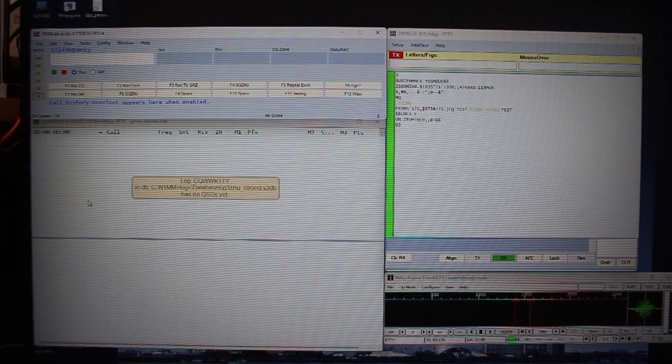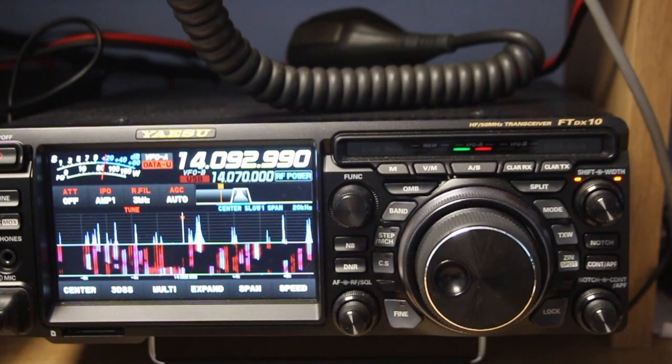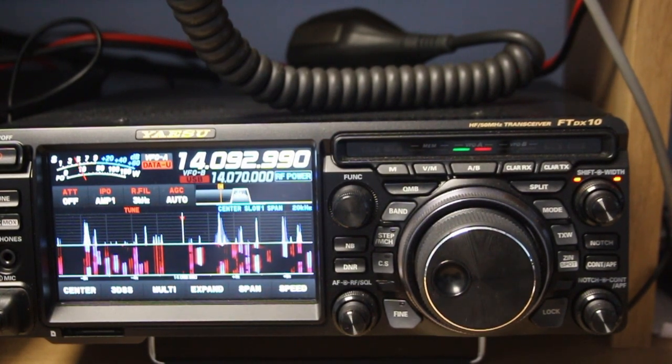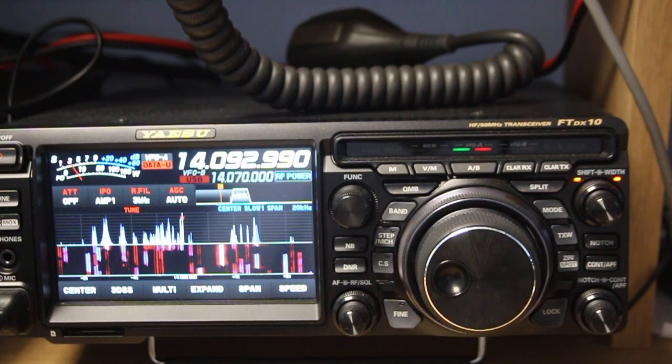Right, so I will stop there, and at this point we'll cut to tomorrow, when hopefully we'll have some QSOs going in the CQ Worldwide contest. So it's now Saturday morning and the contest is well underway. I didn't get up at 1 o'clock in the morning to start. It's now about 9:15